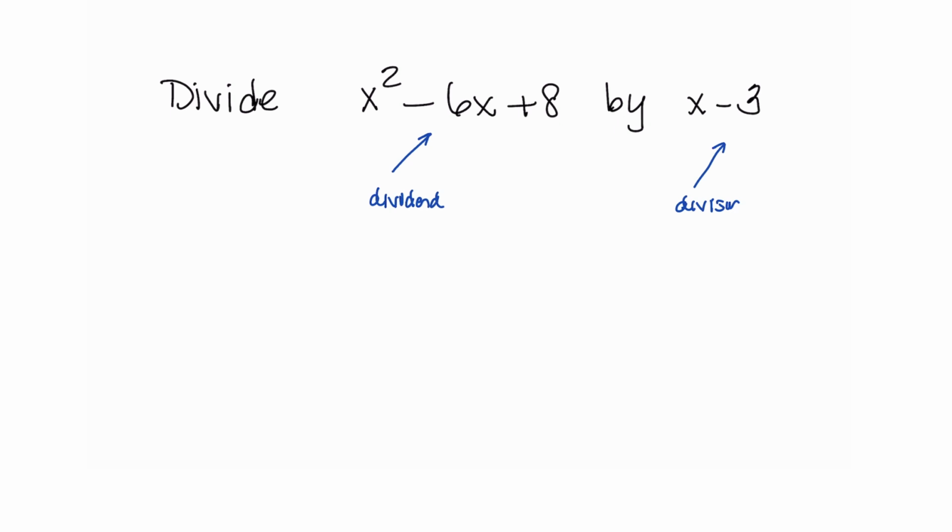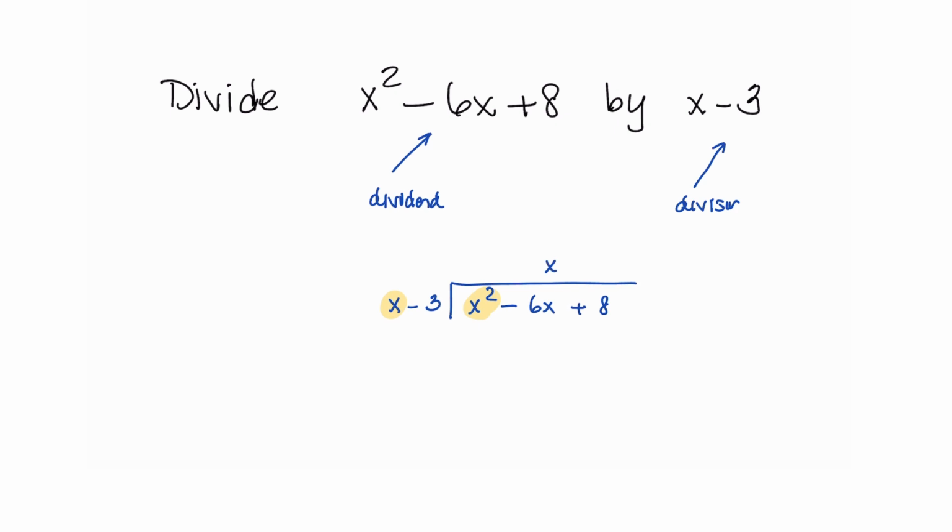So we're going to set this up as a regular long division problem where x minus 3 is to the left of the division symbol and x squared minus 6x plus 8 is underneath the division symbol. So the way this algorithm works is we look at this term by term. We look at the leading term in x minus 3 and the leading term of x squared, and we ask the question, how many times, or what do we multiply by x to get to x squared, or how many times does x go into x squared? Either one of those. So it turns out x times x is x squared, so I'm going to put an